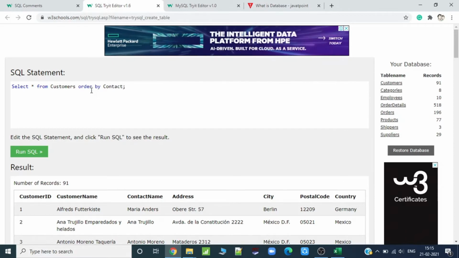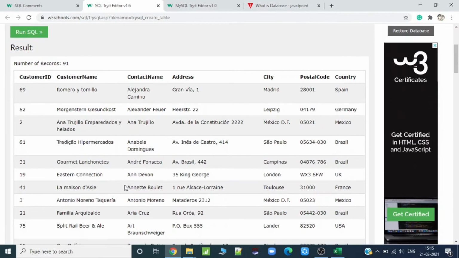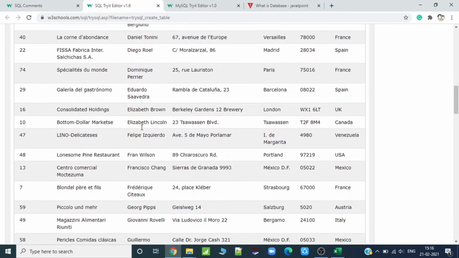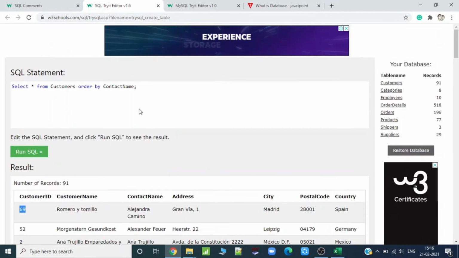Contact name. So if I use order by contact name and run the SQL, now you can see there are 91 records. These customer IDs got displaced, there is no order of customer ID, but contact names are now ordered. Alexandro A, A everywhere, then B, then C.